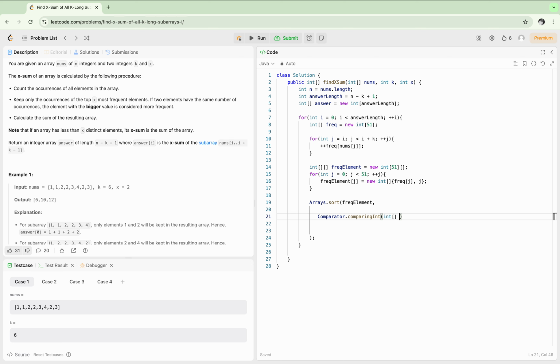Since we are having arrays, we will have this int array a, and first of all we'll be doing this in the reversed order of the frequency. Frequency is the 0th index, so we'll be doing this reversed. And in case two frequencies are matching, then we have to do the sorting with Comparator.comparing